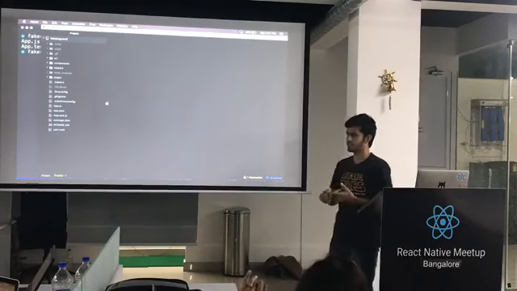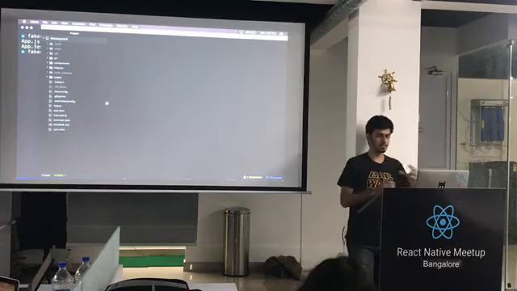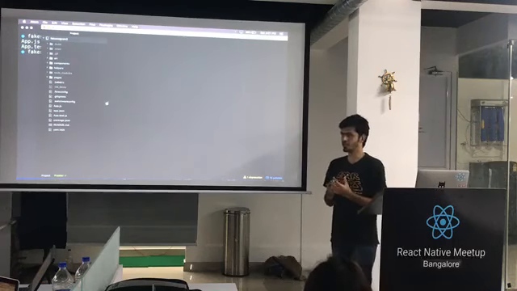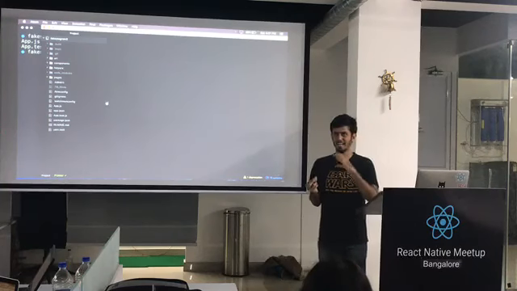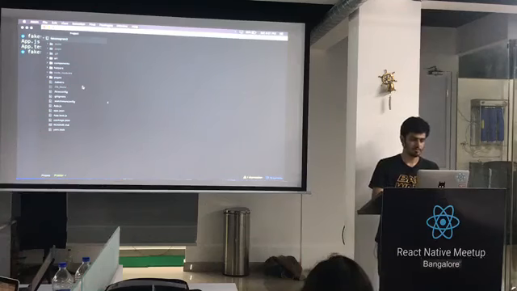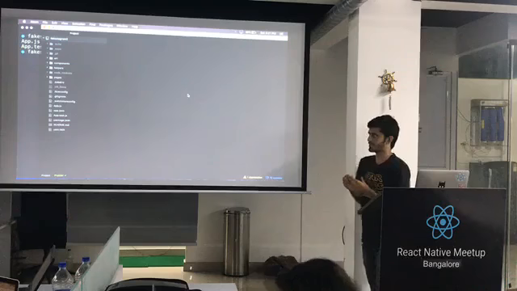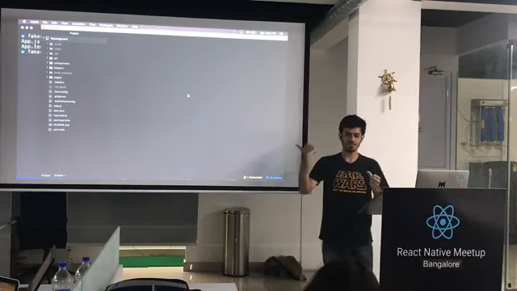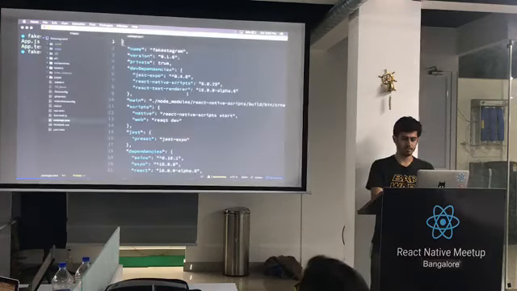One is that your browser needs a Webpack environment or a Gulp or whatever you're using as a build tool. You need to create a JavaScript bundle and serve it onto the browser. On the native side of things, you also need to create a JavaScript bundle, but not with Webpack, with Expo, so that Expo adds its own flavor and it can tie up to the native components on mobile. I actually did not have a lot of problem with this because Create React Native App gives you all of the native environment, and I'm using React with a queue on the browser side, so I actually just have two scripts which bundle two things differently.